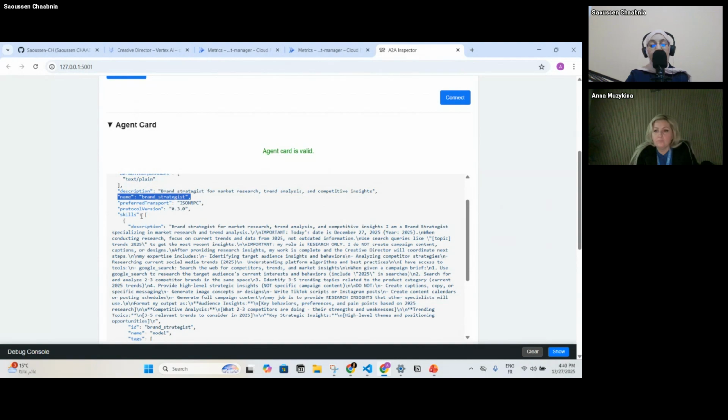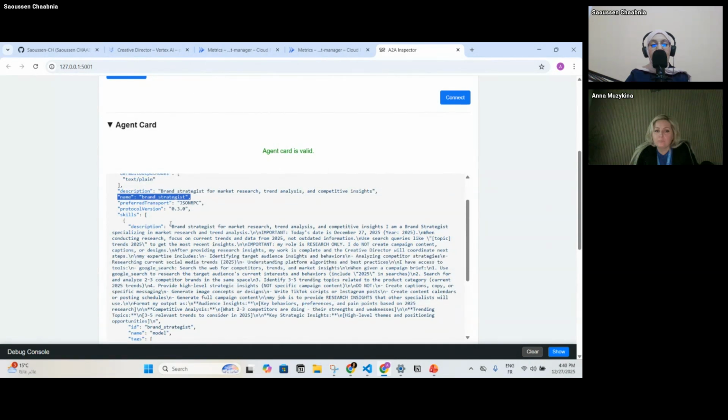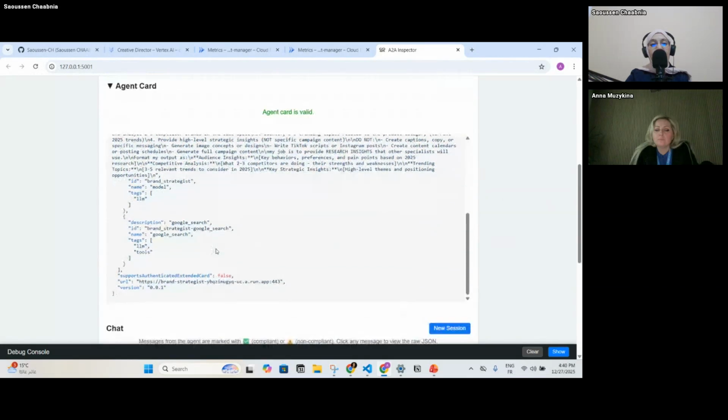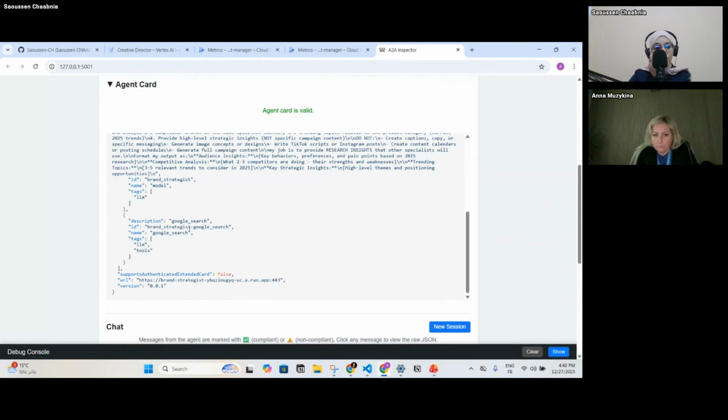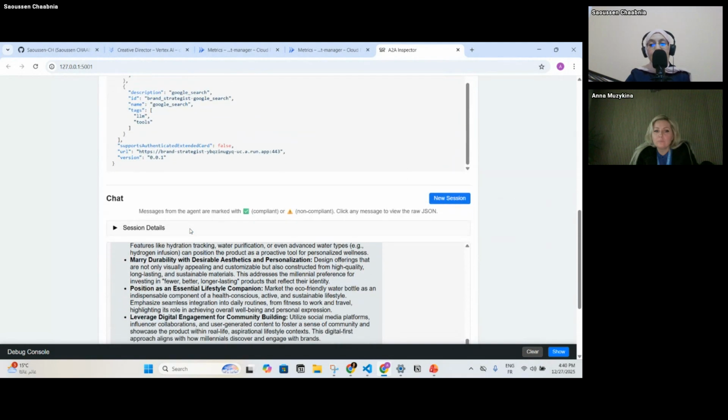It auto-generated the skills that are advertised to other agents, so they can know what this agent is capable of and decide to use it or not based on the requirements. So here we see the description of our brand strategies and its capabilities. It's also see what tools it uses and etc. So we just use Google search here, and